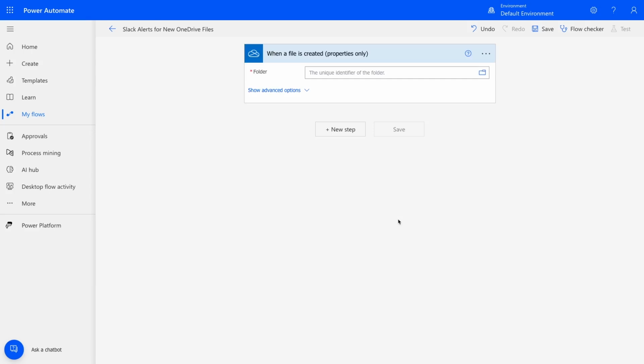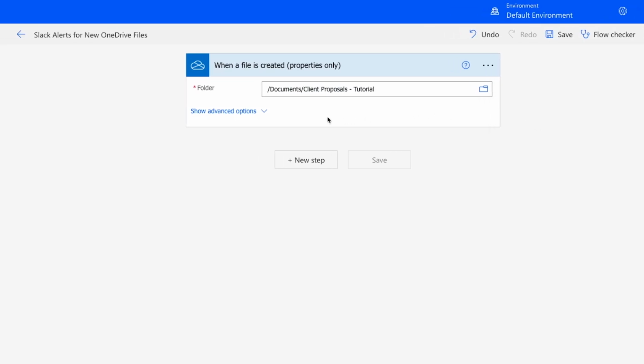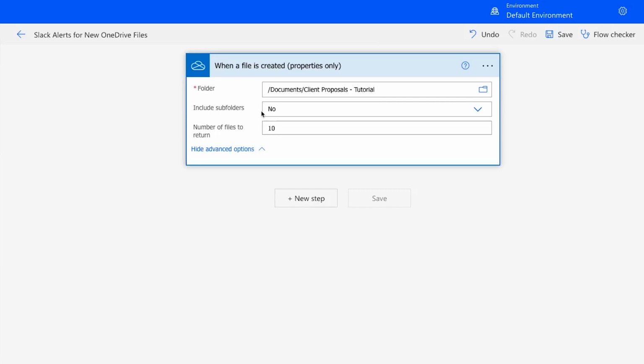For this OneDrive trigger, you only need to specify a folder. Click on the folder icon to open up your OneDrive directory and then pick the folder you want. Note that you can open a folder and look for subfolders by clicking on the arrow. I'll choose the Client Proposals Tutorial folder. Identifying a folder is the only necessary setting, but it's always a good idea to check the advanced options before